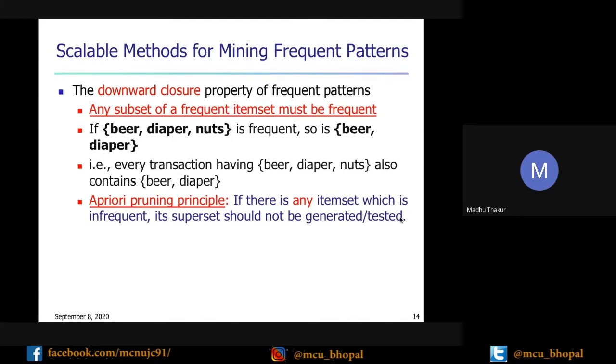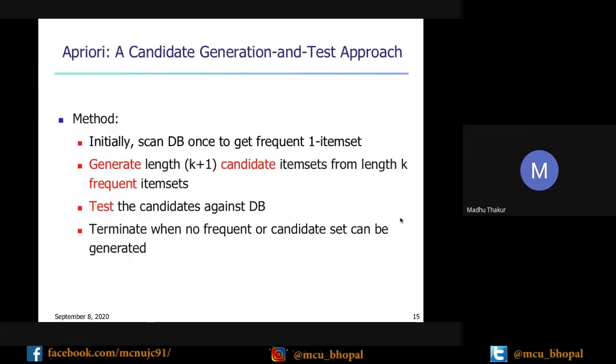These two properties help in generating the frequent patterns and further defining the association rules. There is a very well-known algorithm, given by R. Agrawal and R. Srikant in 1993, which is the landmark algorithm in the area of data mining.